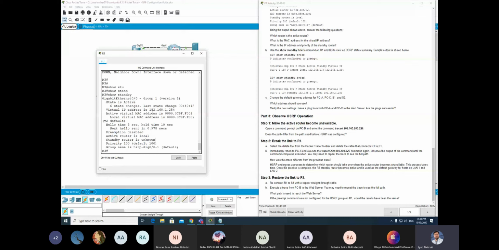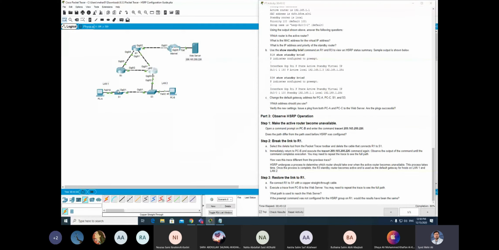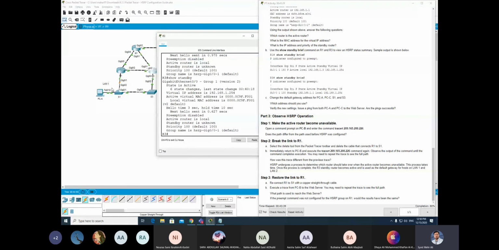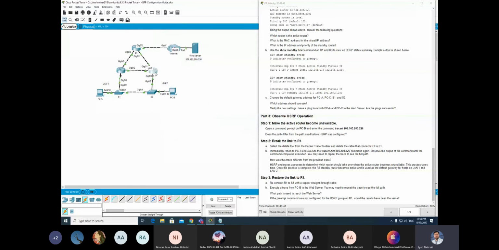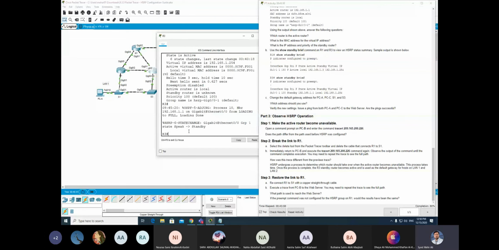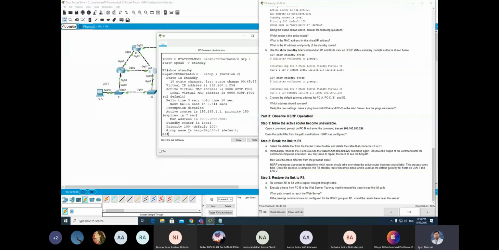Now what we will do is restore the link to router 1. Then you will see what will happen. So here we will resume the link. Now gigabit 0/1 and 0/2, we resume this link, and you will see which one will be our active router and which one will be our standby router. You can see it is still active because the link is still in the process of being learned, and you will see here once it completes, the link becomes switch 3. You can see now the state is